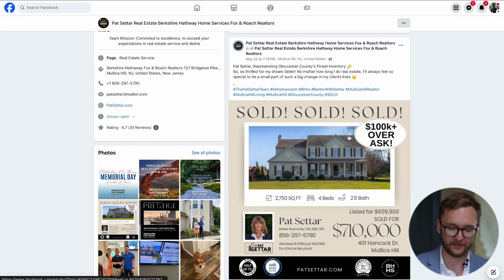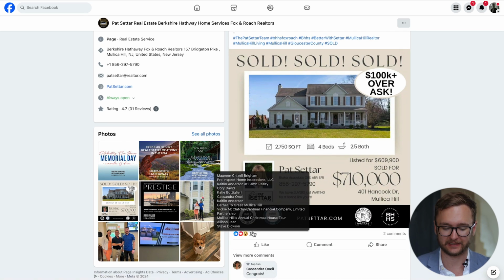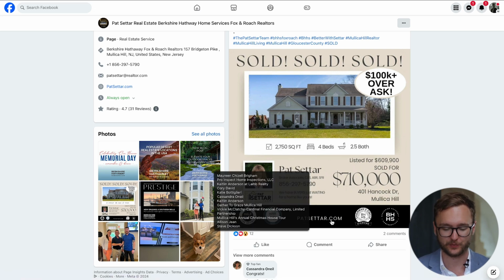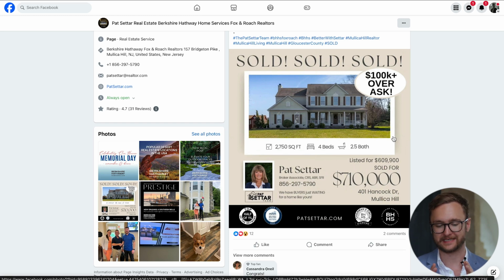Okay, and over here we have a great result post. We have a house that sold over $100,000 over the asking price. And here we can see that immediately, when we have a good post like this, we do have some engagement. There are 12 engagements and 12 comments. Now, with a result like this, typically you should see around 200, 300, 400 engagements, right? This is an amazing result, $100,000 more for the client. So let's see how we could have done better with this post and actually gotten more juice out of this